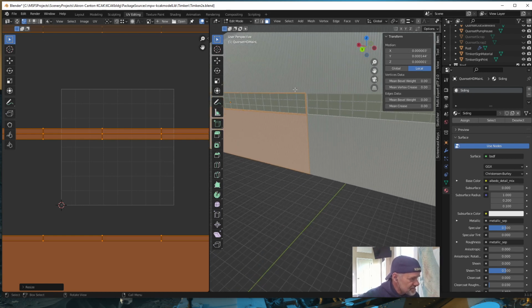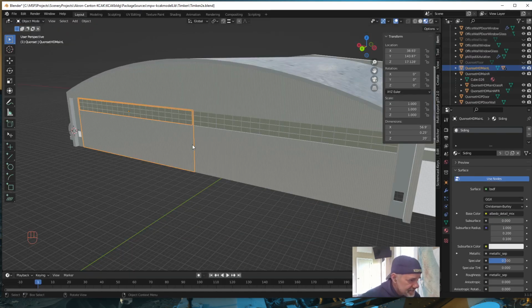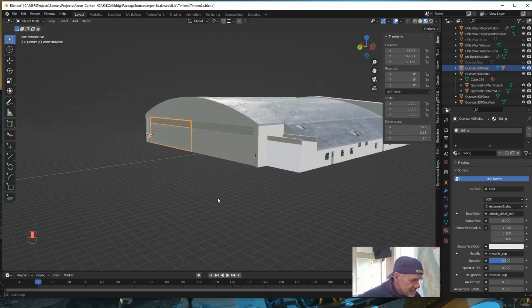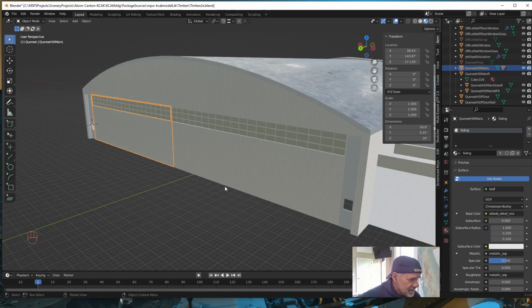And you know, when I was doing this little stripe along here, I could have found out what I scaled this and scaled that appropriately too, but I didn't do that. I chose the wimpy way out. All right, so there we have our textures applied to our hangar doors,